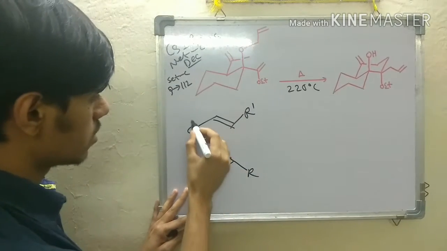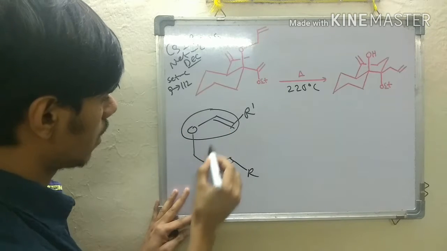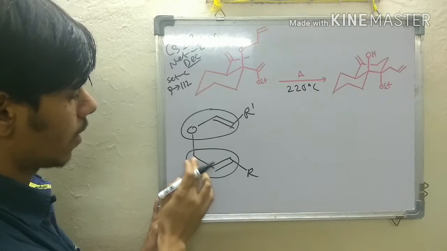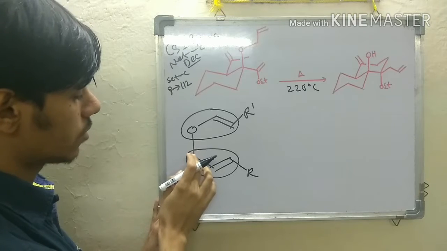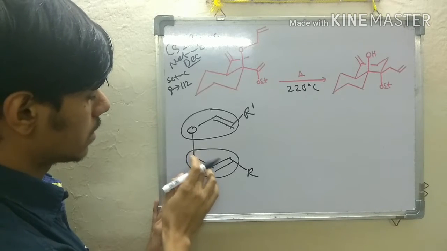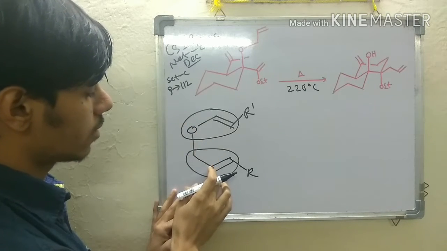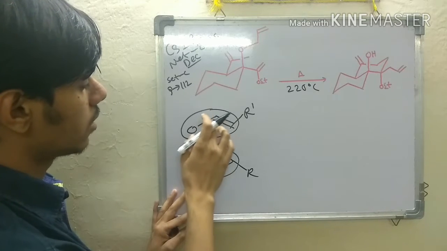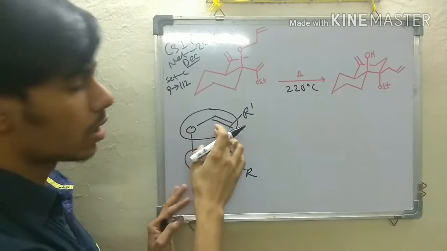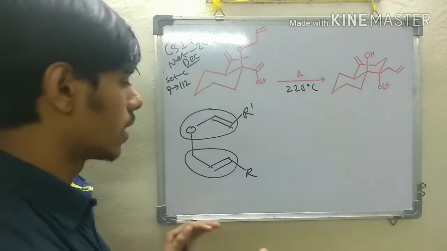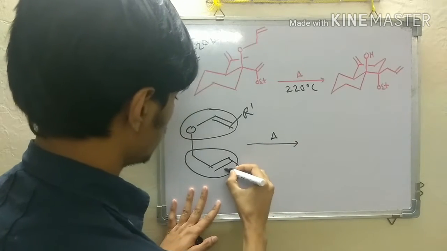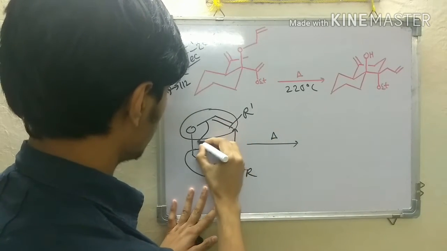This part is vinyl and this part is allyl. If an sp3 carbon is in between the oxygen and the alkene, it is called the allyl segment, and when it is directly linked to the double bond, it is called vinyl. When you apply heat, this is converted into